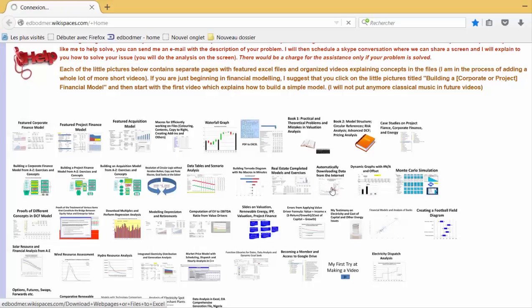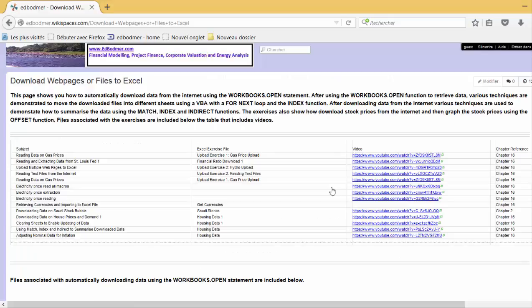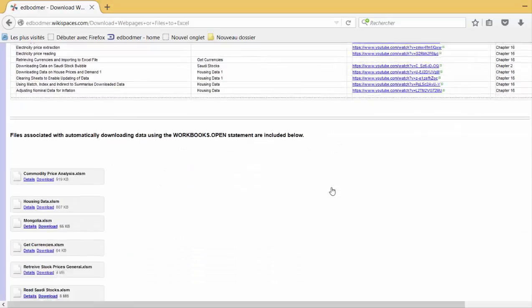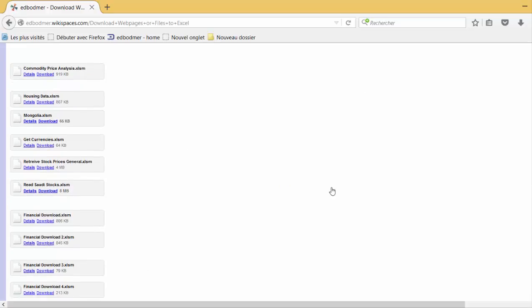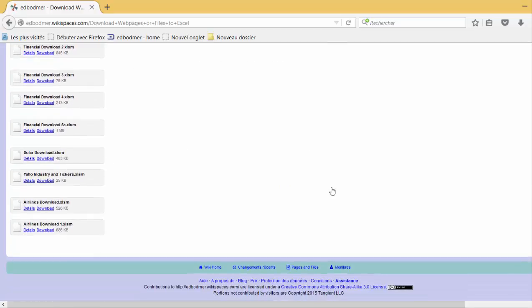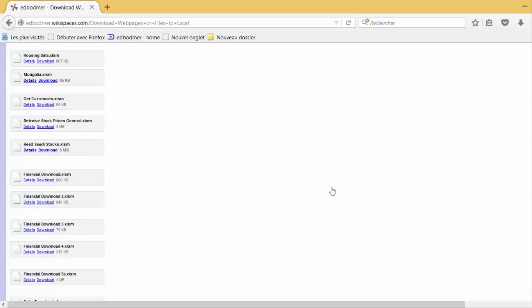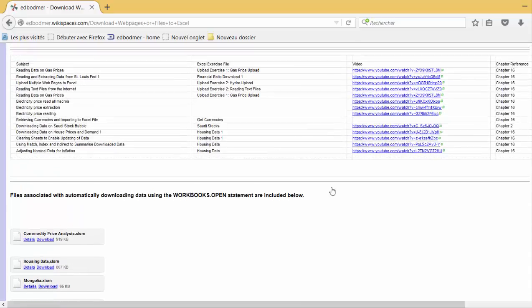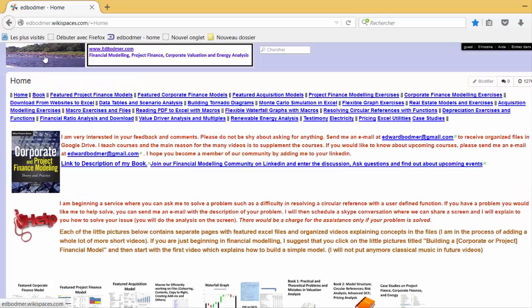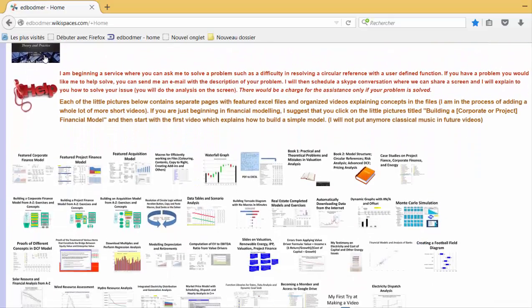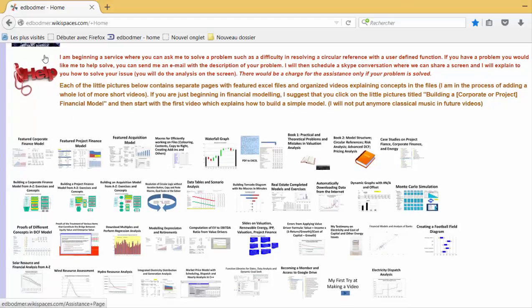Automatically downloading from the internet. Okay, there should be quite a few of these, as the get currencies, get download. Now, I guess I have to find the put more.